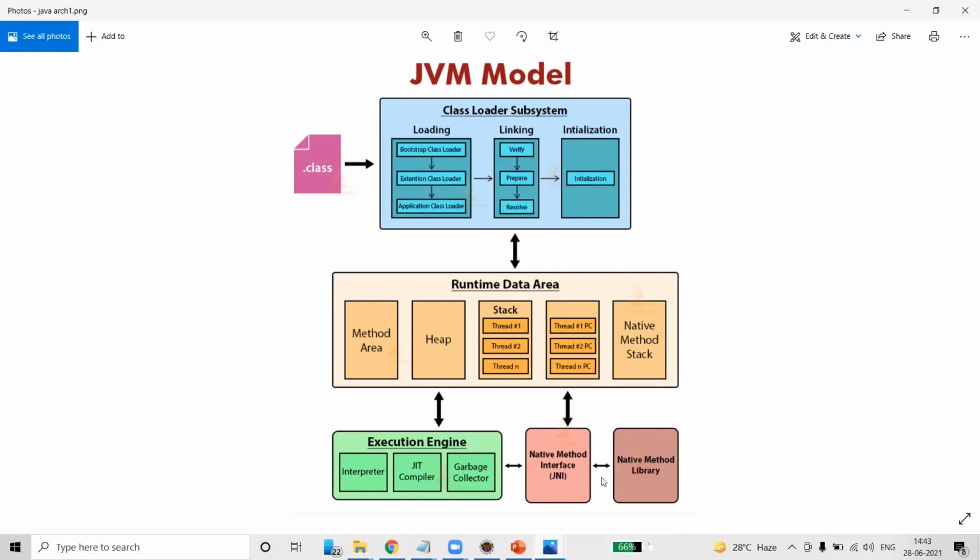That is where the native library and native method interface come into the picture to create a communication between the hardware components and the Java program. We have established a connection between the hardware and the Java program. Where do these methods get stored? These methods get stored in the native method stack. It is a temporary memory where these methods get stored. And coming to execution engine, it contains three parts: interpreter, just-in-time compiler, and a garbage collector.